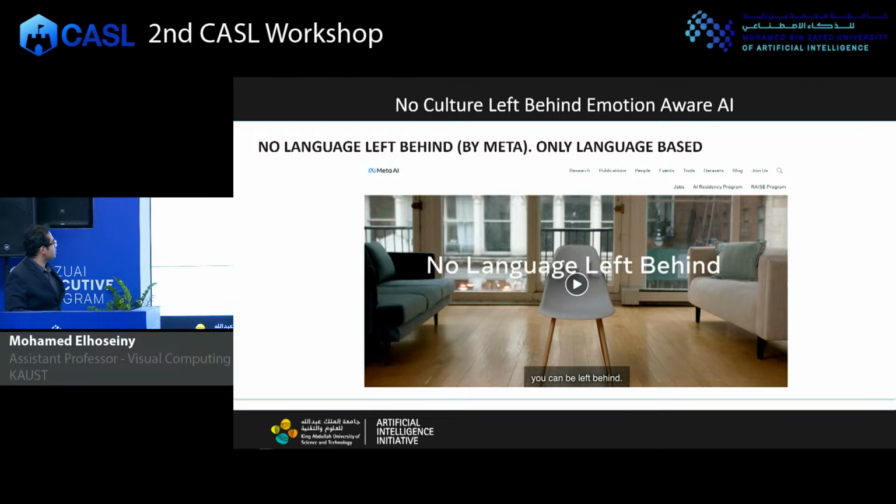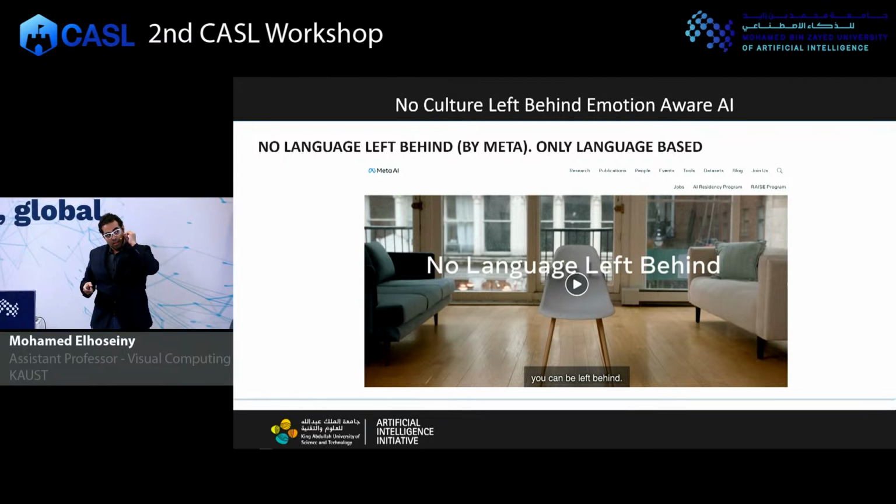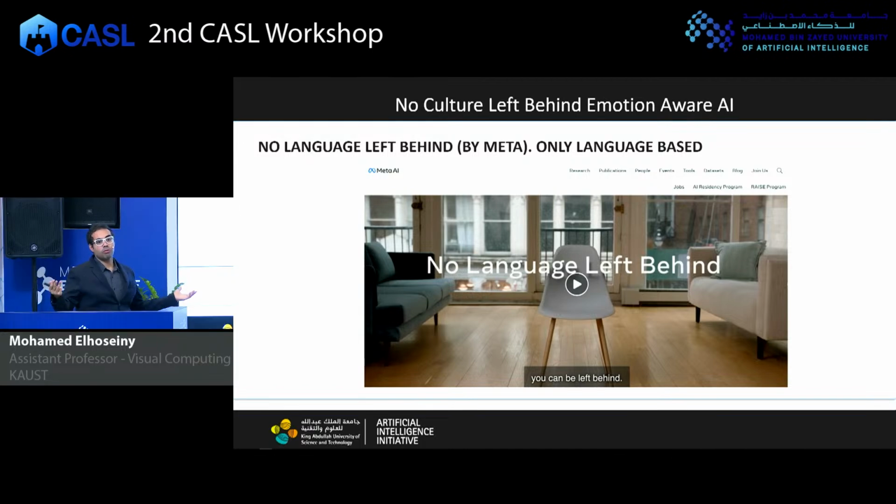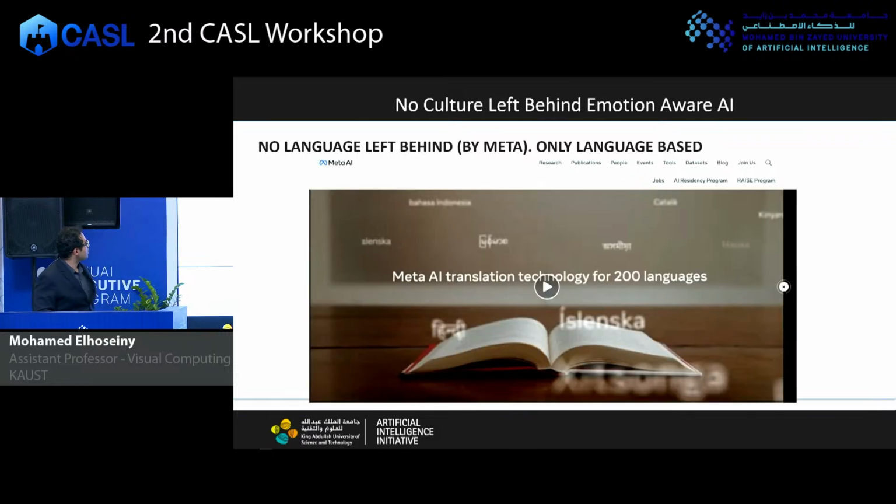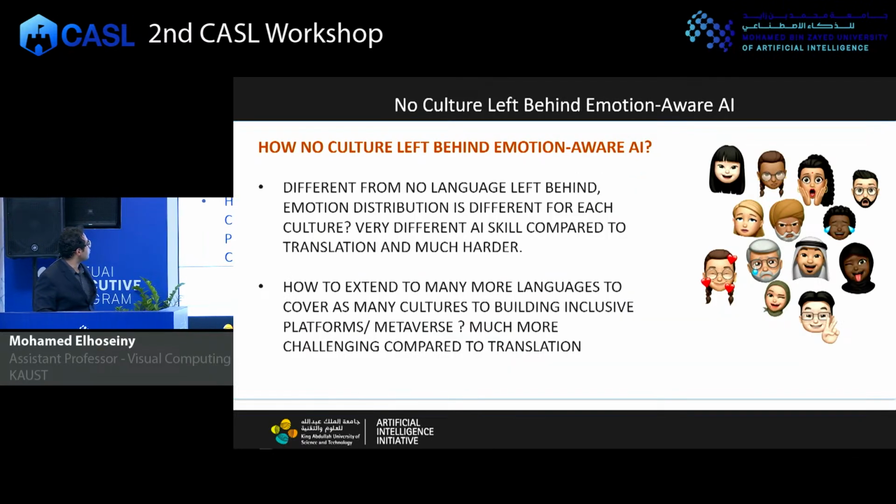One of the interesting things is, I'm not sure if you have heard about the No Language Left Behind model by Facebook, which is a model that can translate across 200 languages, from any one to the other. It's a very large model, and the point is no language left behind. We want language models to be inclusive for all cultures in a sense. And the point that I'm trying to make is how can you make the same point but for vision language models so that no culture is left behind.